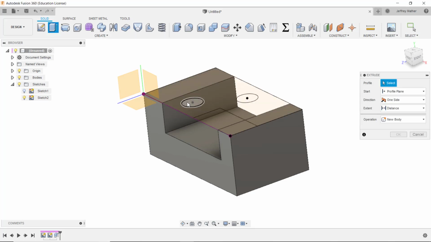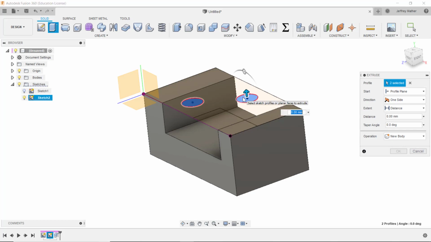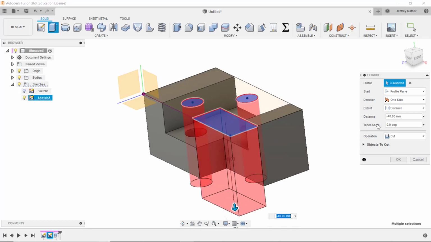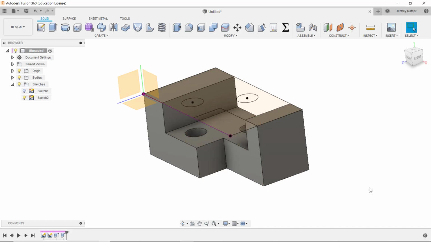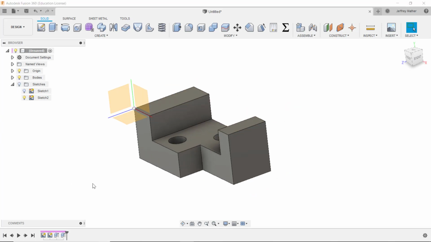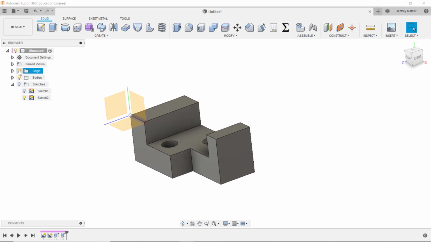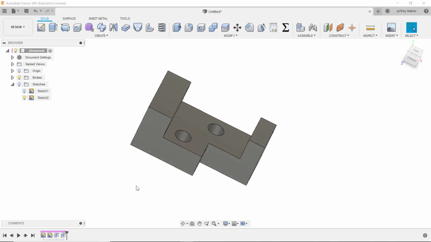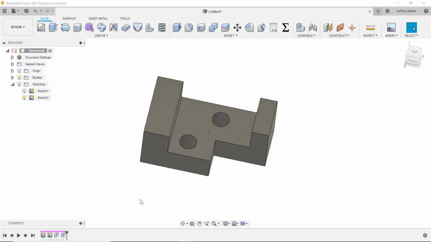This time I'm going to select inside this circle, and inside this rectangle, and I'm going to end up cutting through the object. And so for the distance, I'll tell it to go all the way through the object. I'll say OK to that. And I can hide my sketches by clicking on the light bulb. I'll also turn off the visibility of the origin planes. So that completes the creation of the 3D geometry